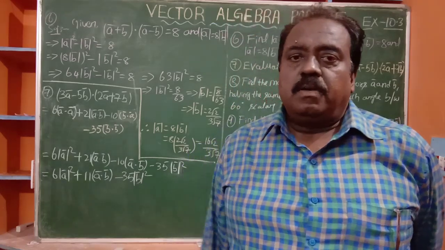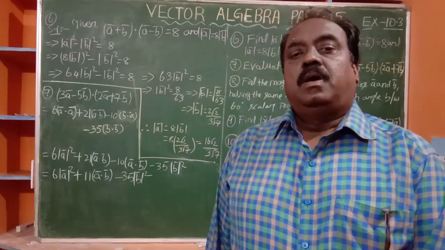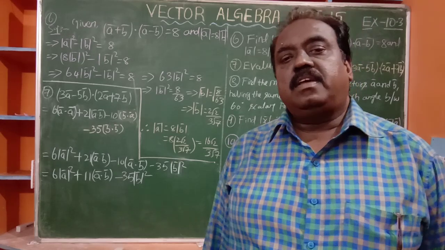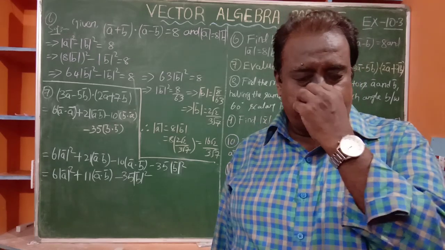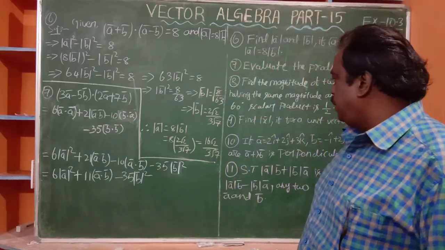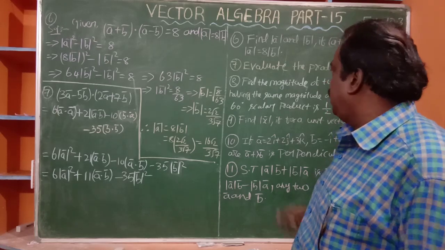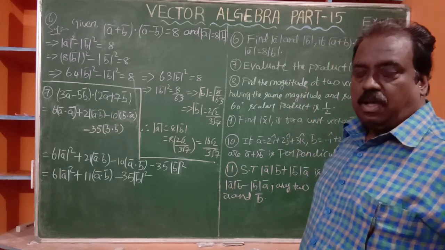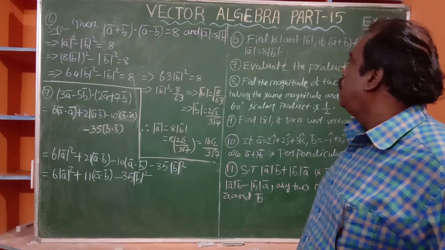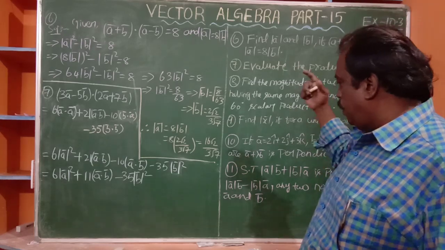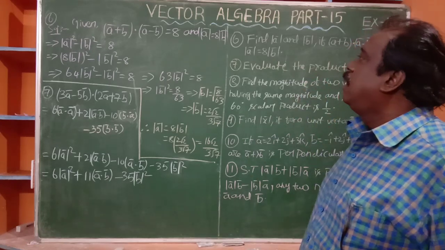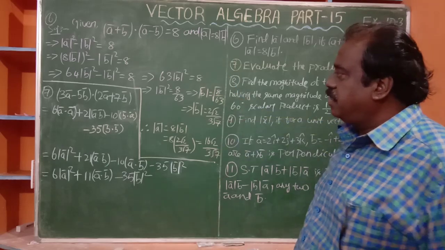Vector algebra, we completed 14 parts successively, and now we are going to start the 15th part. We are in exercise 10.3. Already we solved 5 problems. Now there are 6, 7, 8, 9, 10 and 11 on the board. Already I wrote the problems, and also you are given the suggestion to open your textbook at home. I wrote for myself only. You open the textbook and see the problems and the solutions already written on the board.